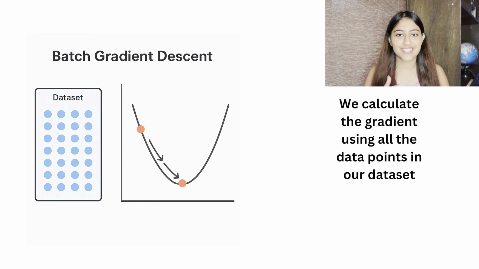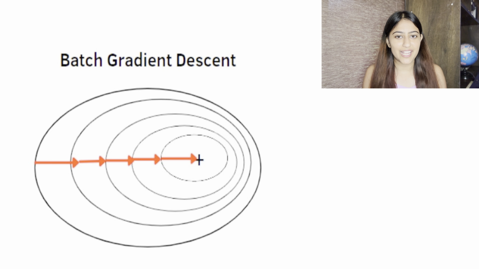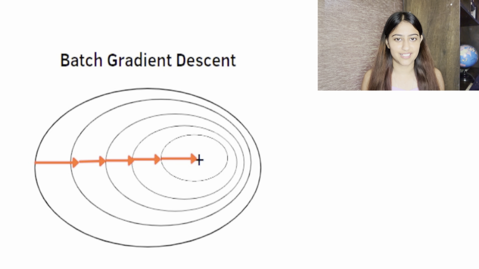First up is batch gradient descent. This one is like being super thorough with your revision. In this, we look at every single data point and we calculate the gradient using all of the data points in our data set, and then we take a step. It sounds pretty accurate, right? Well, yes, it is, and the gradient that you get can be super precise. But the problem is that it can be super slow, especially if you've got a massive data set. It is like trying to read the entire dictionary before deciding on a single word.